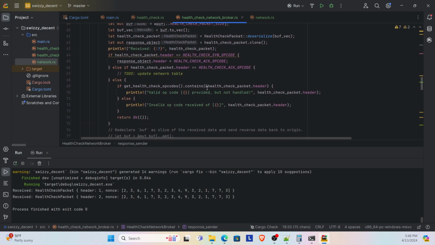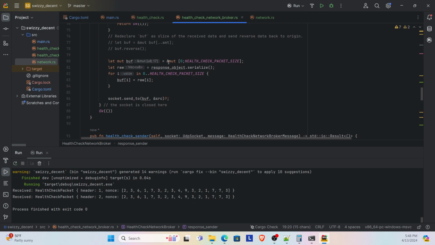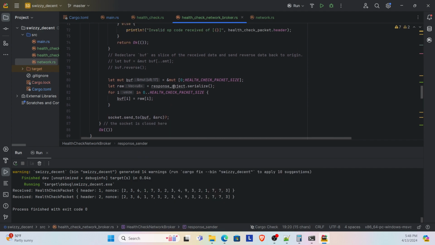Socket, health check packet, header, check packet size. Okay, so actually this here, socket to send to, socket dot send to. So we're actually not going to do this. This is actually going to be this section right here. We're actually just going to forward the message downstream, and then some other component is